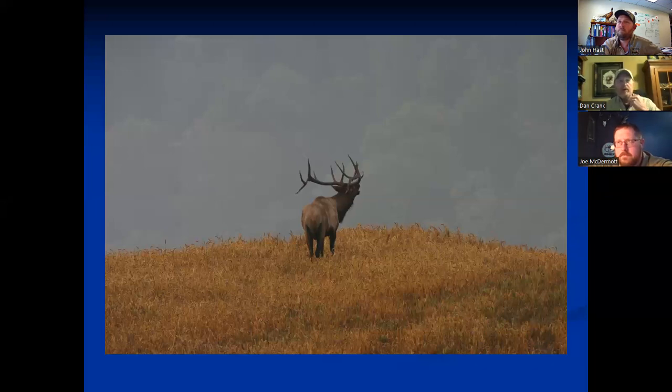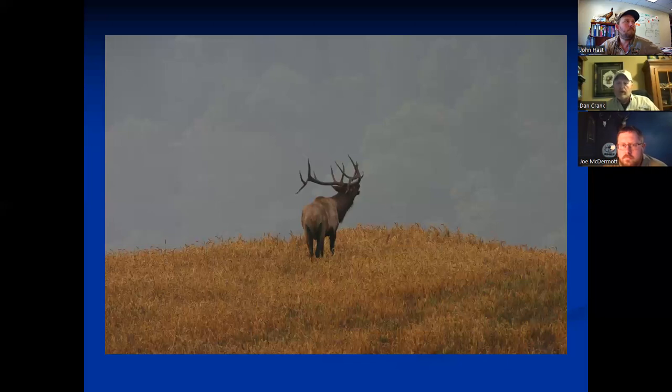I touched on it a little bit. If people come down pre-rut to scout, they're probably good if they're in a good spot. They're going to see probably a group of herd bulls in a spot, maybe 4 or 5 bulls together hanging out. And these nursery herds, which may be anywhere from 5 cows with 5 calves to 20, 40 cows with 20, 30 calves with them. As you move into the rut, like I said, those groups are going to bust up. Cow herds are going to be anywhere from 5 to maybe 20 with 1 to 2 big bulls in there,